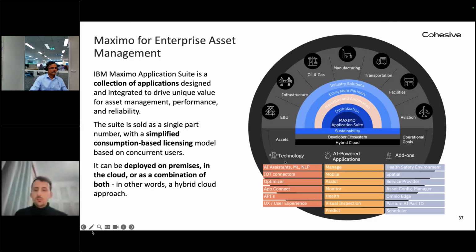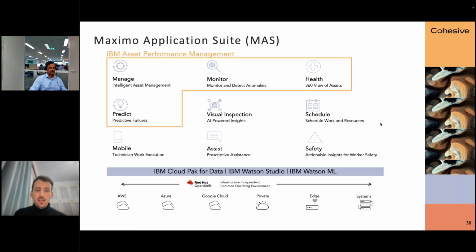Maximo is part of a legacy solution that has been evolving and continues to evolve for the past 30-odd years. It's one of the largest in the industry, and it incorporates a plethora of functionality, from workflow automation to procurement to supply chain management, you name it. Incorporated into that, there are specific industry solutions. So Maximo has tailored some of its processes out of the box towards specific solutions, and these are quite in depth. Sitting on top of that, what the folks at IBM have done is they've started to expand Maximo into a suite rather.